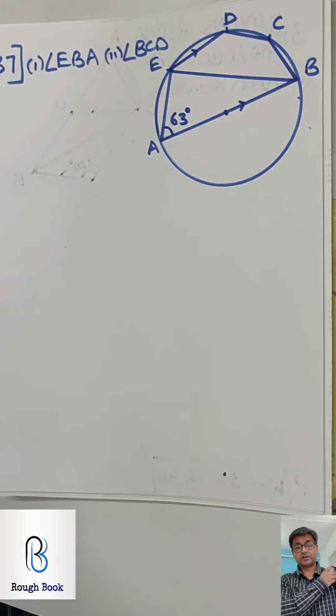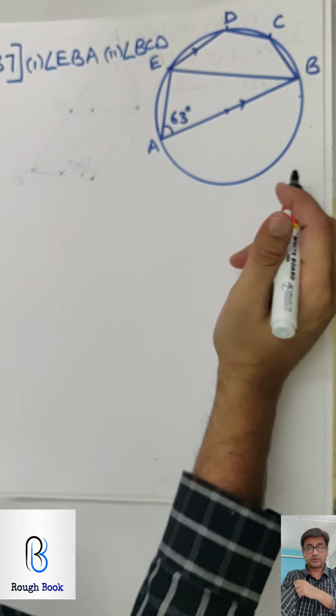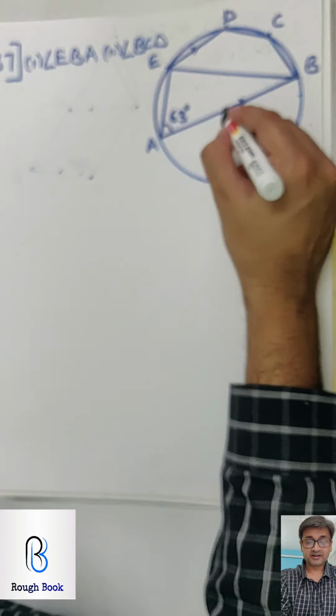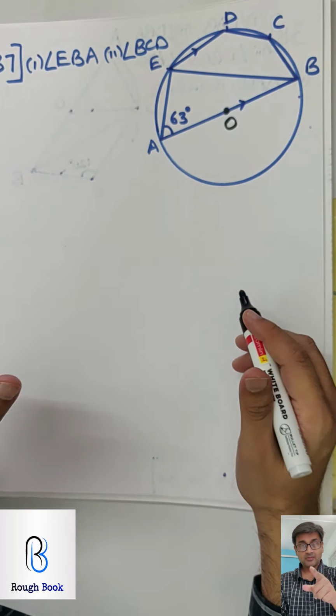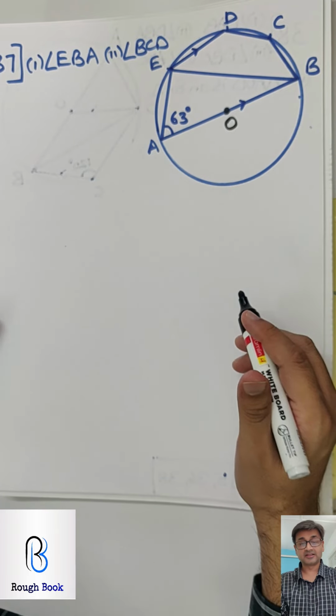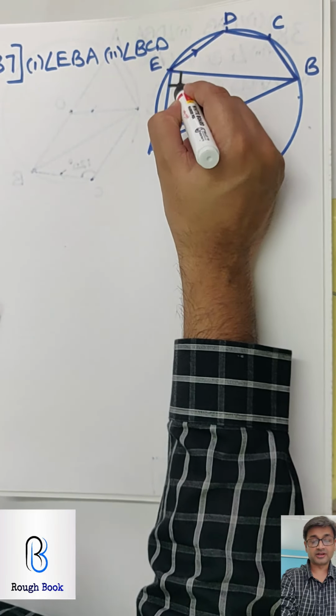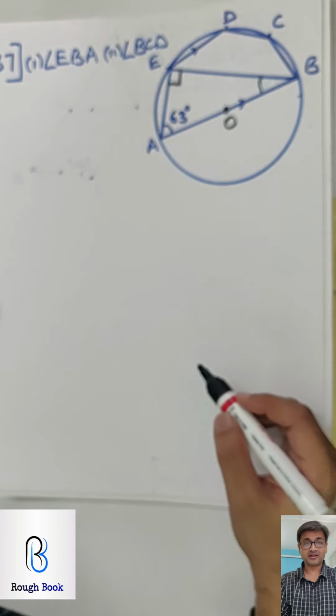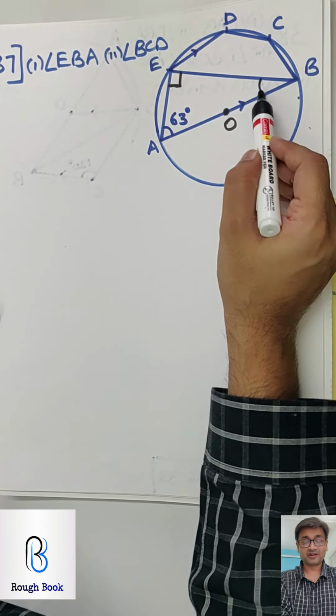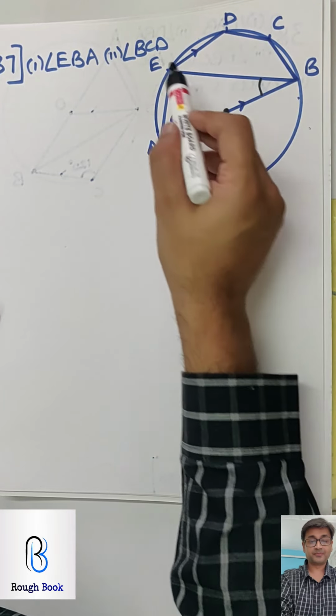So the next one, 37. Again, this is a super question. This is the center. Remember, center helps you a lot. Okay, which property is associated? Perfect. Angle in the semicircle is a right angle. So I'm just stating this as right angle. First is EBA. See, there you go. Did you get it now? Angle sum property straight away. You will get this as 27.